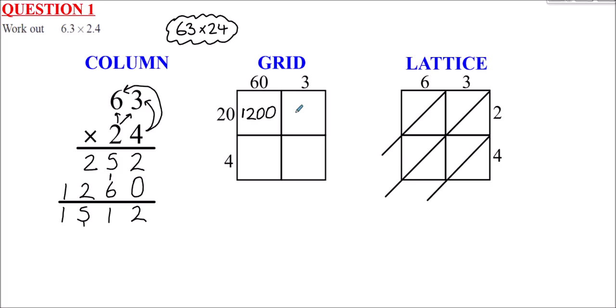For this box I'm going to choose to do next. 3 times 2 is 6, but because it's a 0 there, add on the 0. This one, 4 times 6, 24, plus the 0 in the 60. And finally 4 times 3 is 12. Then if I add all these numbers together,